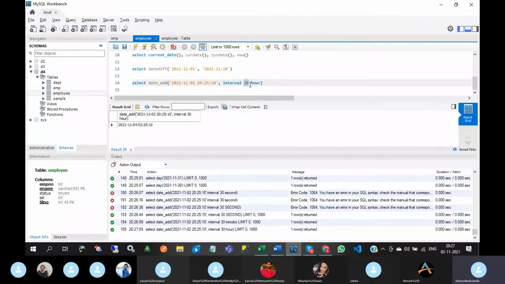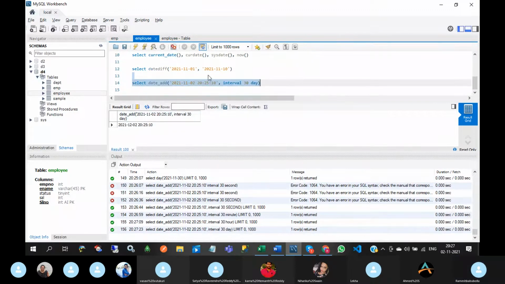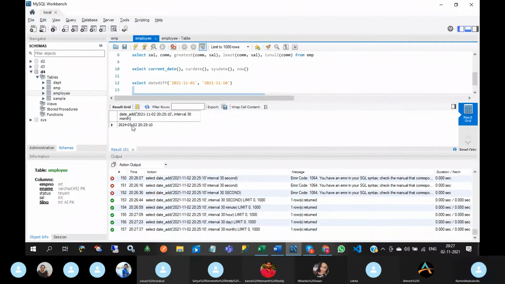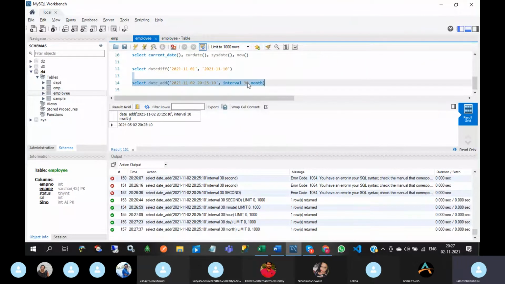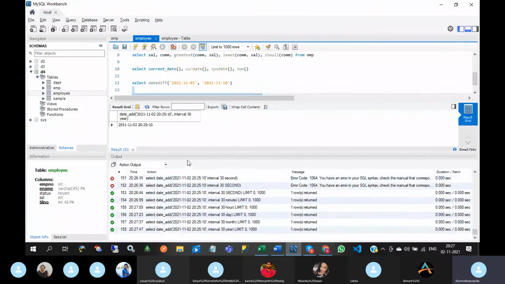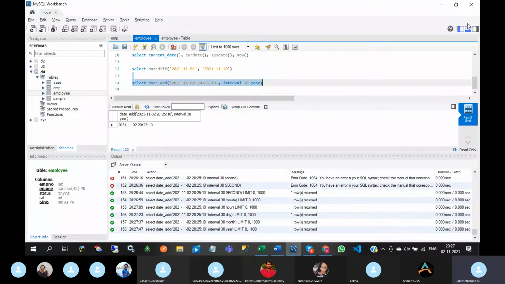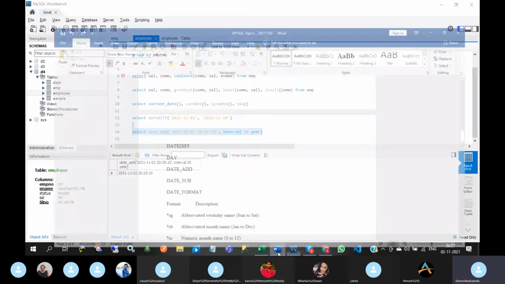Like that you can give day. 30 days means the month will be changed. Like that you can give month. So months mean the year will be changed. If you give year here, the year will be changed. Okay, that is date add.